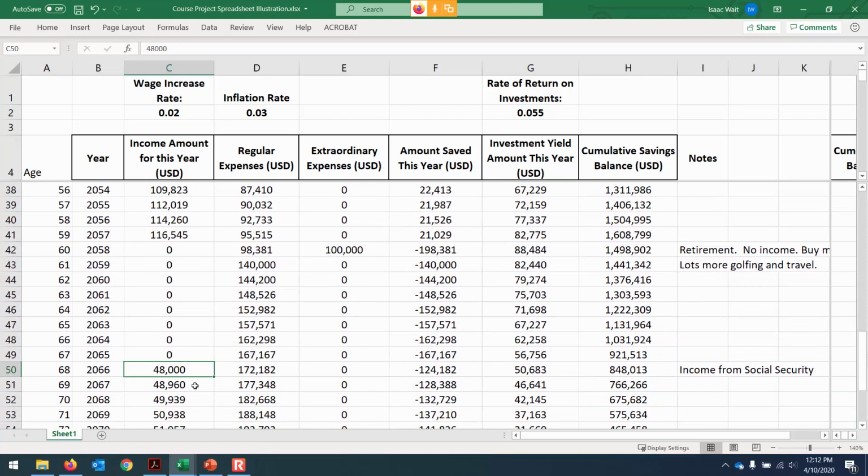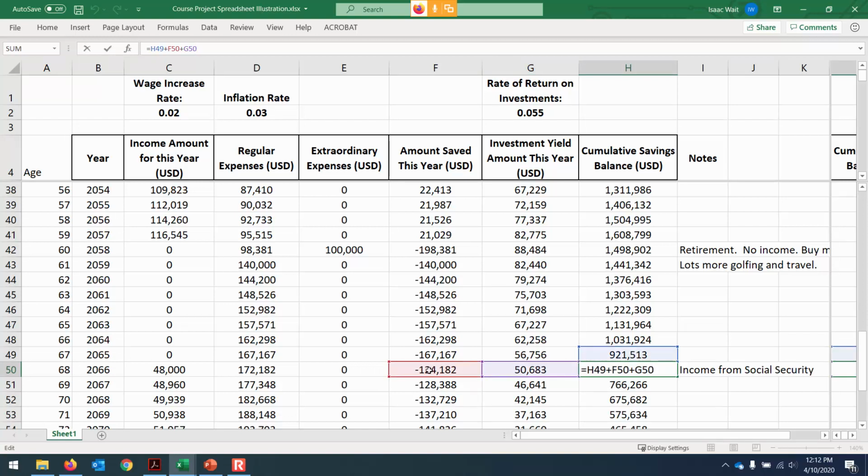The income, that's the Social Security that this person is relying on, helps out a little bit. You're not falling quite as hard when you have a little bit of income, but when your income's $48,000 but you spend $172,000, that means the net difference is $124,000. Some of that can be made up because you're still earning a rate of return on your balance, but it's a net decrease. And so the next year after that is lower, because it's looking at the previous year's balance